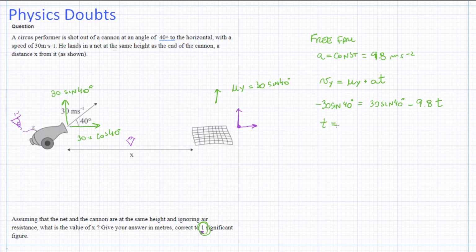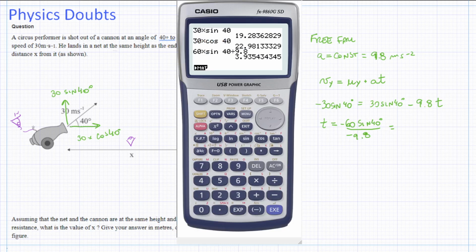So we would have time equals, if we get this to the other side, we'll have 2 times that. So that would be 60 sine of 40 divided by 9.8. Notice that all signs would be negative, and then you can just get rid of the signs. If you want to keep them here, that's fine, because then negative with negative, you will have something positive. So this value turns out to be 3.9,